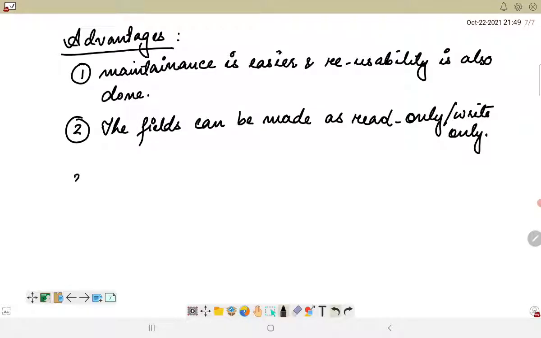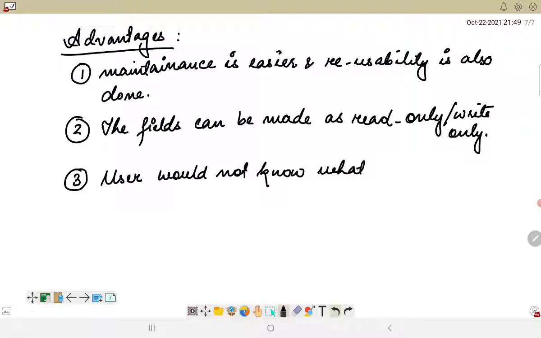And the third one is that the user would not know what is going on behind the scene, okay, what is going on in the back end.